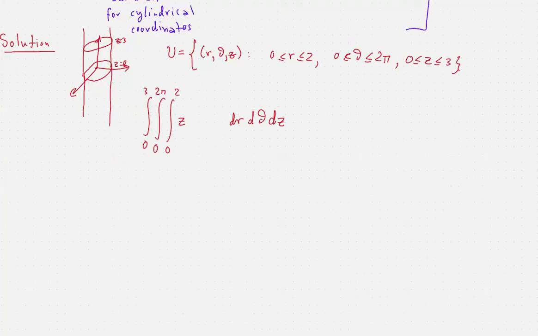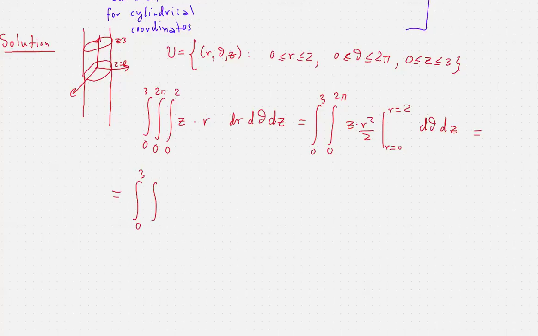Now we're ready to carry out the integration. So we will have the integral from 0 to 3, integral from 0 to 2 pi. The antiderivative of z times r with respect to r is z times r squared over 2 from r equals 0 to r equals 2, and then d theta dz. And this will give us the integral from 0 to 3, integral from 0 to 2 pi of 2z d theta